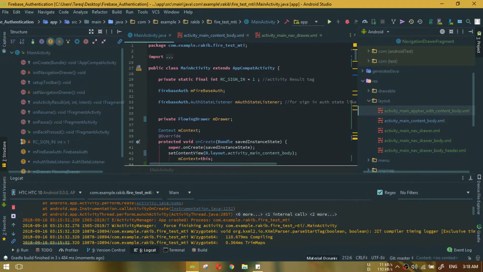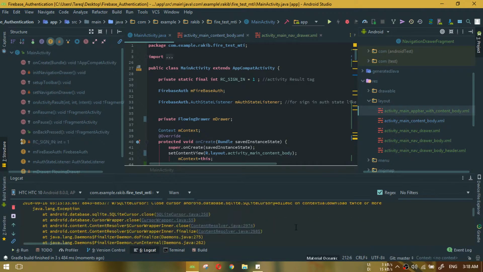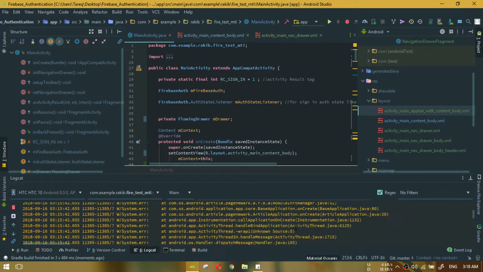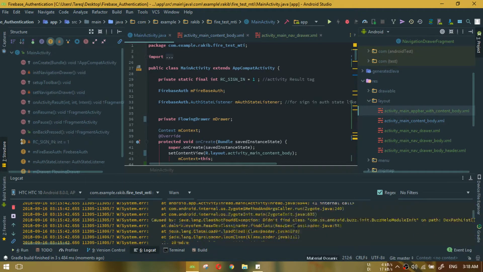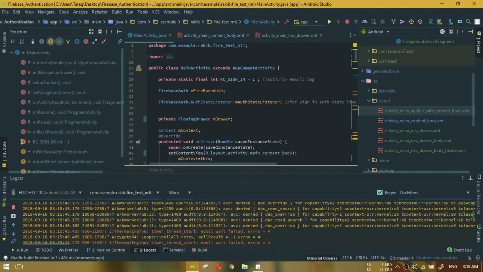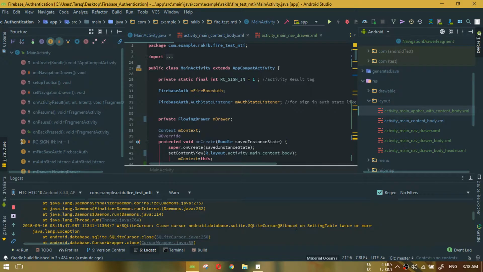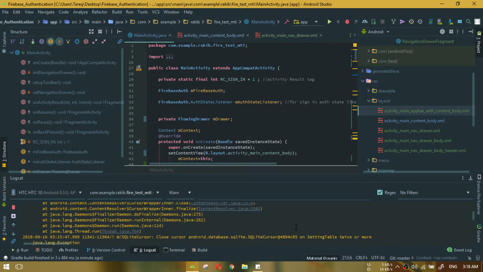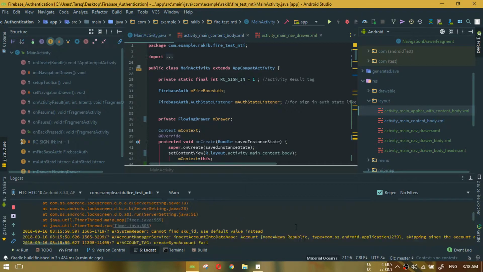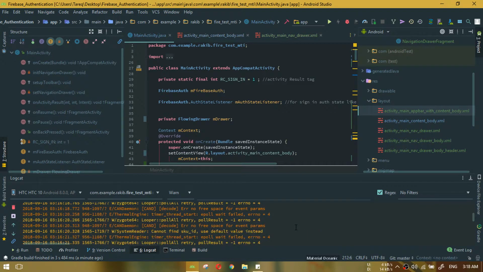Oh my god, there is still an error. Let me see. Why is the error arising now? Is there anything I missed? So getting the error